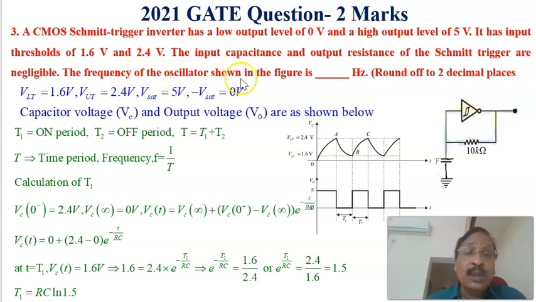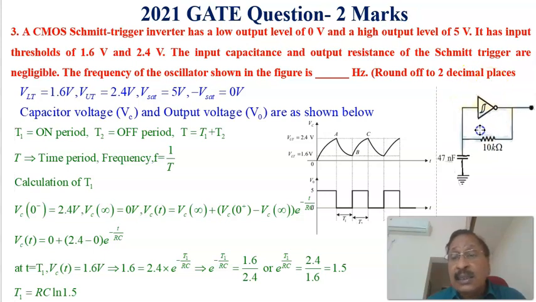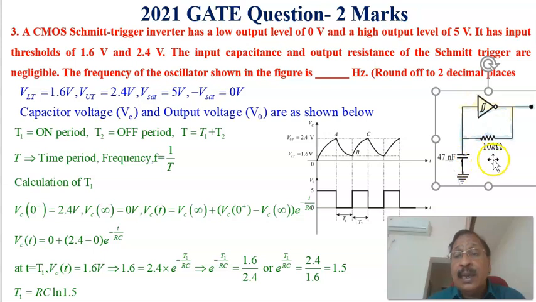The frequency of the oscillation shown in the figure, how much is the frequency of oscillation for this one? That is the question, and it is to be rounded off to 2 decimal places. Here the value of C is given, and the feedback path C and R are given, but the input capacitance and output resistance of the Schmitt trigger are negligible. Now to find out the frequency here,